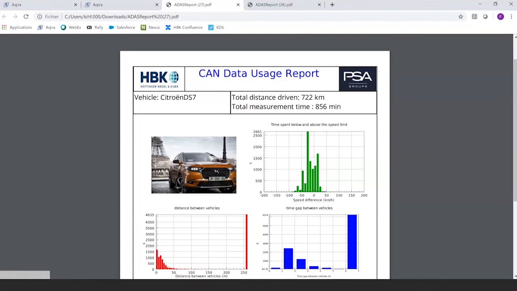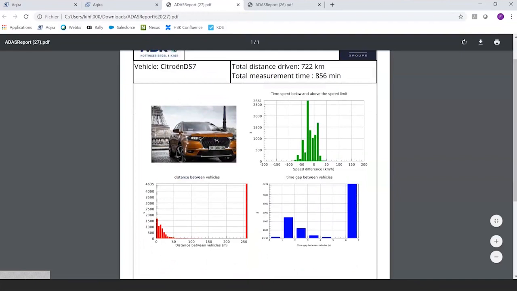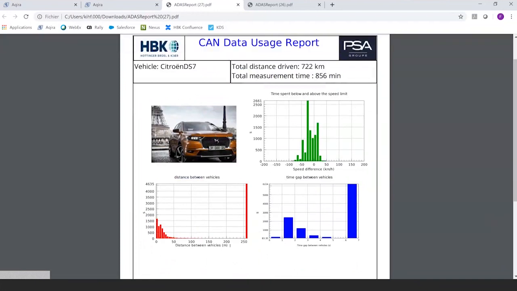The other histograms. This one is showing the distance between vehicles. We see two distributions there: very, very short distances between vehicles, and beyond 250 meters. Looking at it, I'm thinking maybe this distribution here is mostly for high traffic. Most of the data was coming from the Paris area, so maybe it's bumper-to-bumper type conditions.